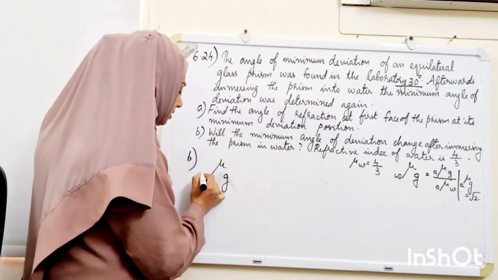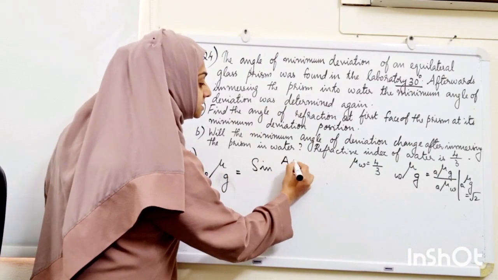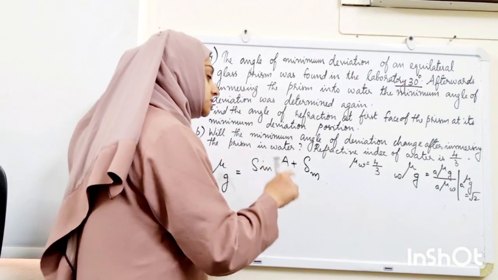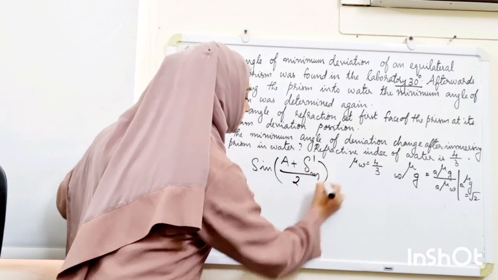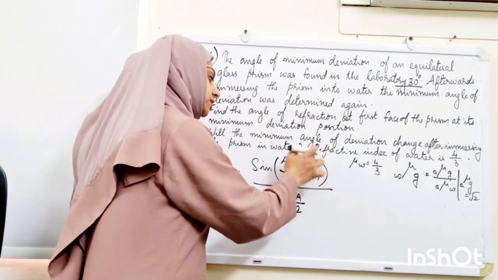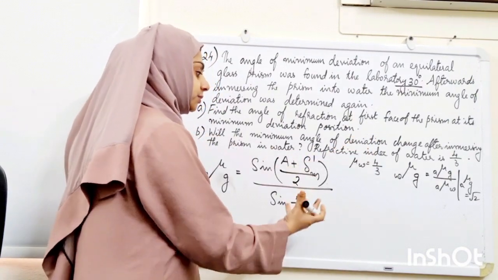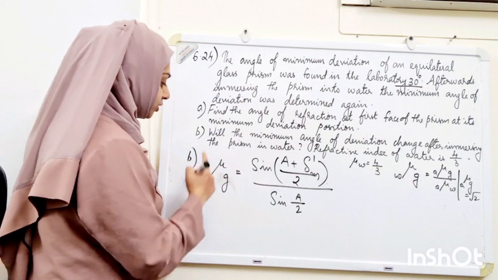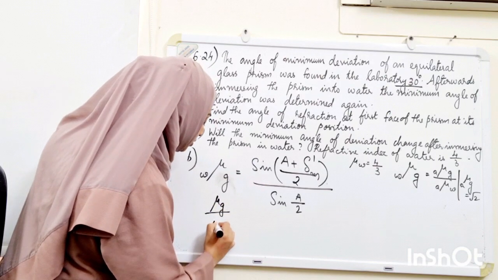prism immersed in water will be equal to sine (A plus, now the minimum deviation position, or the angle of minimum deviation when it is kept in water, let me express it with a prime) divided by 2, divided by sine A by 2. Our idea is to find this delta m prime, which is the angle of minimum deviation when the prism is immersed in water. So here we need mu g by mu w. So this is equal to mu g by mu w,